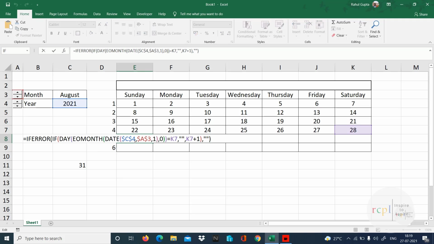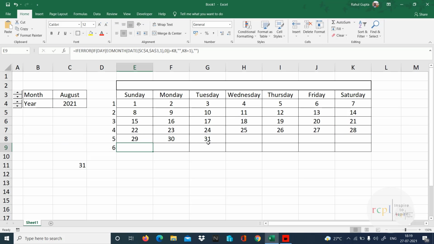Once more I am showing you the function: is equal to IFERROR, so that if any error is there, then it will be removed. I used if day of end of month of this date for the current month is equal to last value, give me blank, else last value plus 1. And if any error, then remove it with IFERROR. So finally we are done. I'll remove these weekends, weekdays, week nums. I'll remove this formula, and finally it's time to touch up. Give a touch up to this calendar so that it looks good.